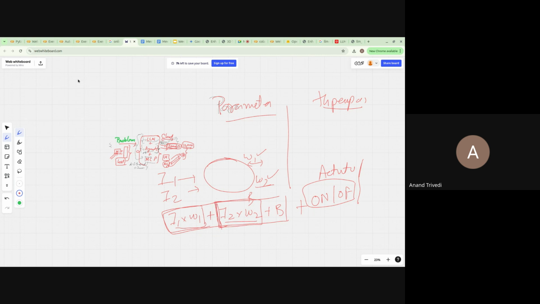When we go to the PyTorch level, we directly define at the layer level: how many layers we need, 2 layers, 3 layers, and in one layer how many perceptrons. That is what we usually define. But if you go further down, you can configure this also. These weights and biases are the parameters using which a model is measured. Technically, a perceptron or a neuron is nothing but this equation, along with the activation function.